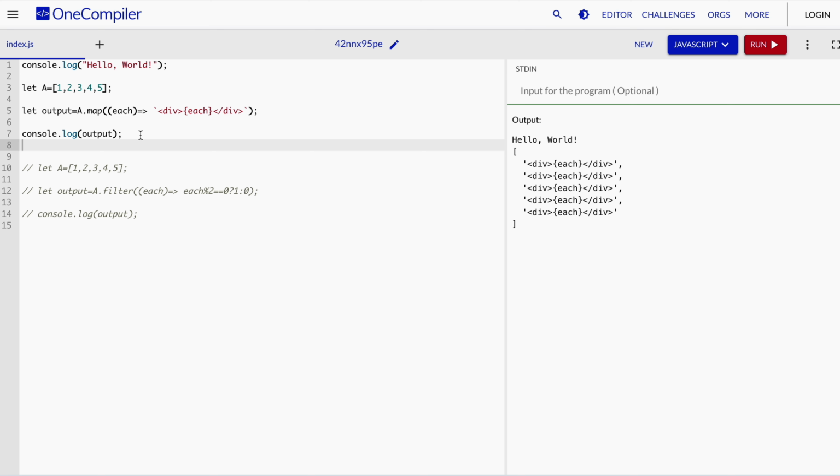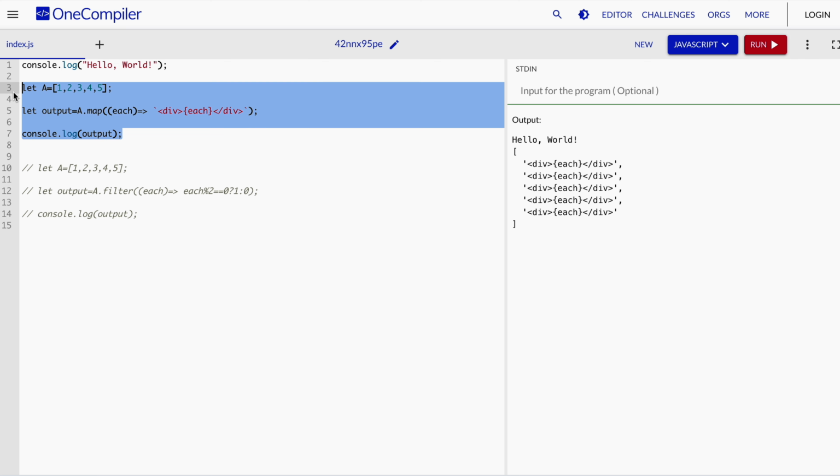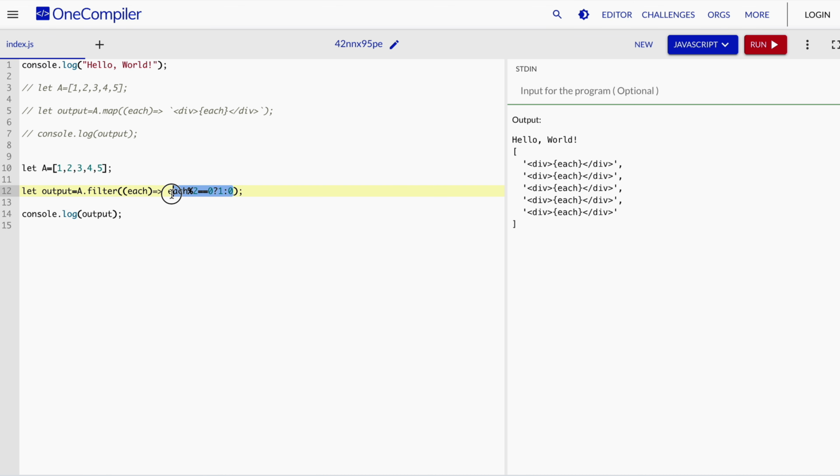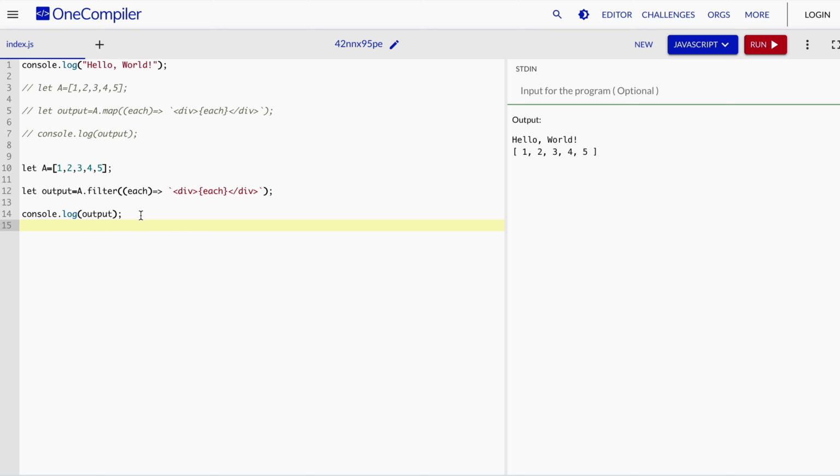But if you do the same thing with filter, let me copy this and comment this. Filter will not work like that. If you do the same thing and it returns this div, it will return all the elements because this is a string and a string is a truthy value in JavaScript. Okay, let's run. See, 1 2 3 4. Even this will not return the truthy value, it has to return the original value, that is 1 2 3 4. Fine. That is why in React.js